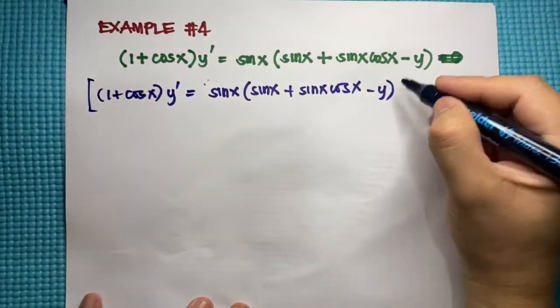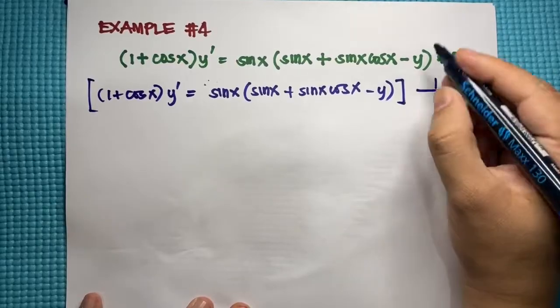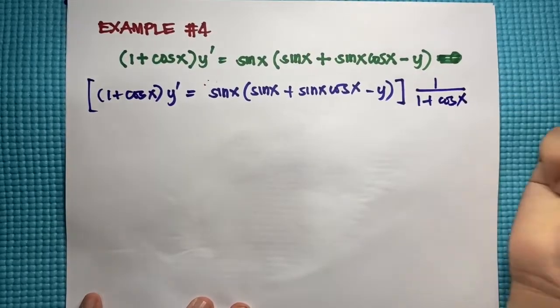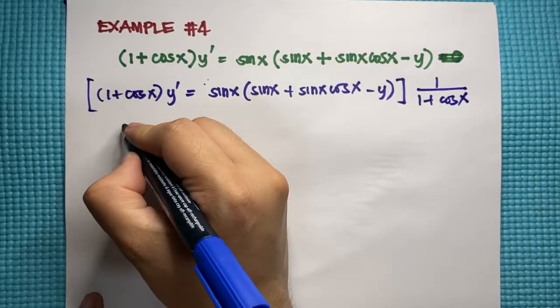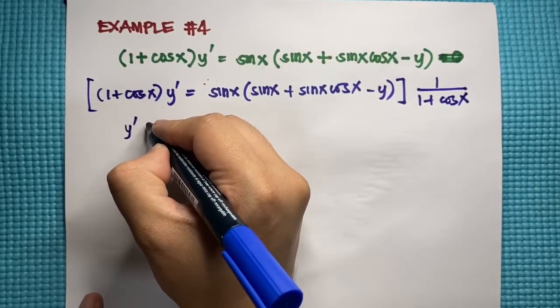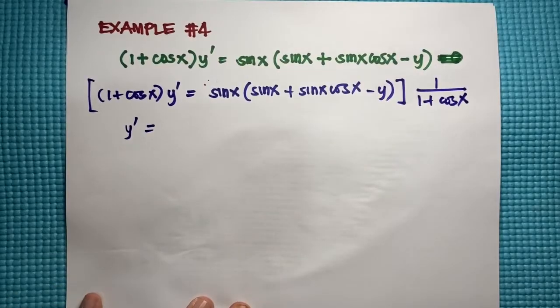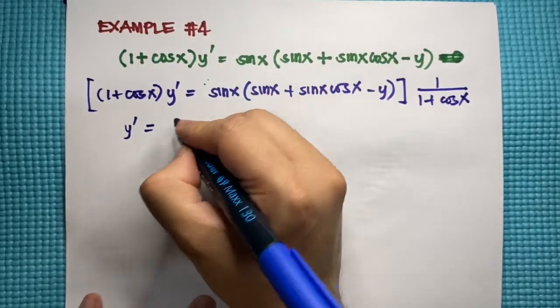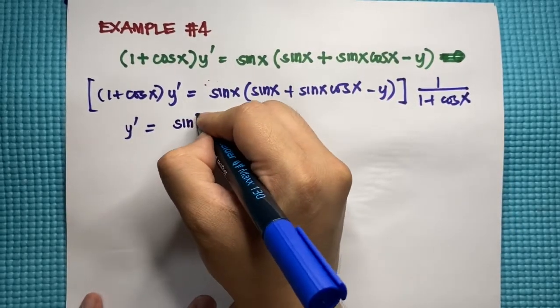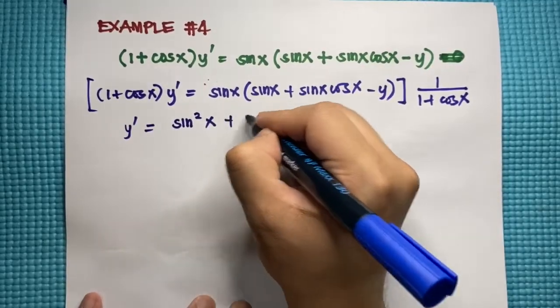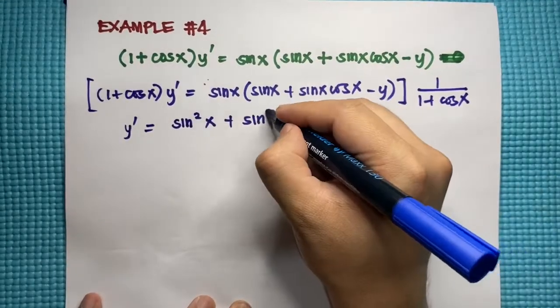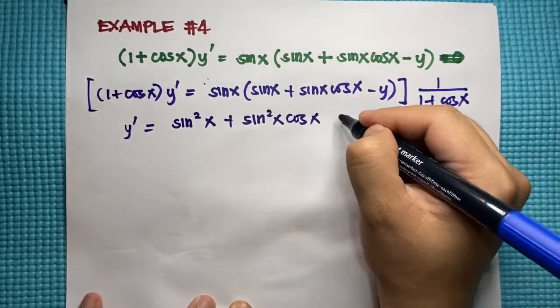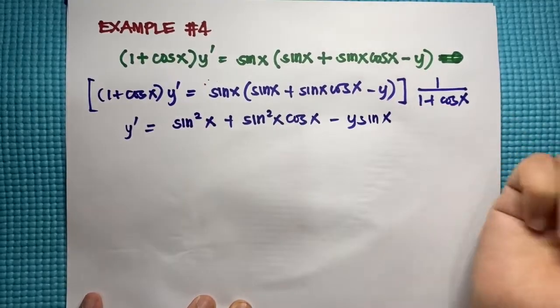And from there, I'll be dividing everything by 1 + cos x, leaving us y' alone, and that is equal to, distributing the sine, sin²x + sin²x cos x − y sin x,